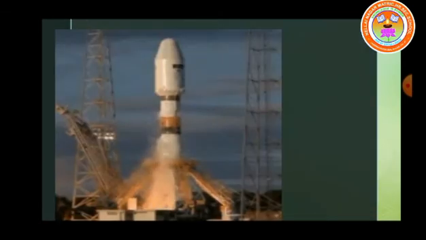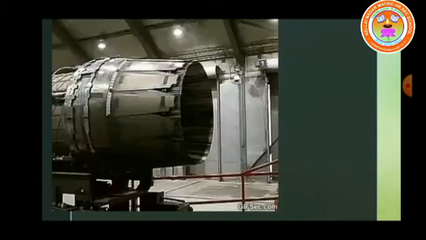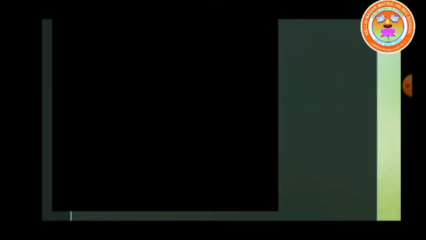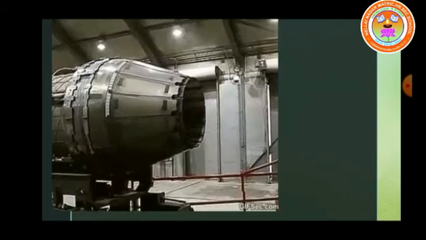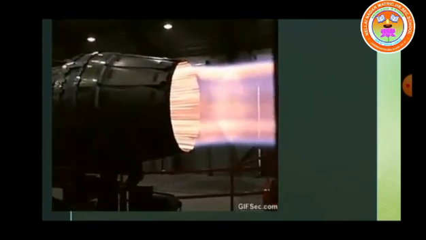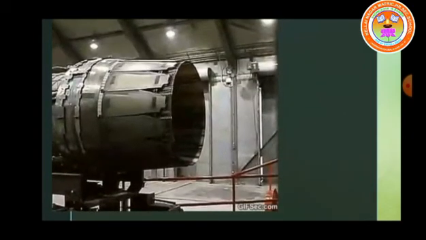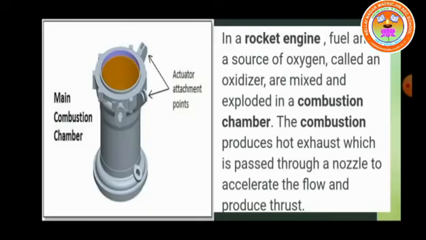When the rocket is fired, this fuel is burnt and the hot gas is ejected with a high speed from the nozzle of the rocket. This is the nozzle of the rocket, producing huge momentum. To balance the momentum, an equal and opposite reaction force is produced in the combustion chamber, which makes the rocket project forward.